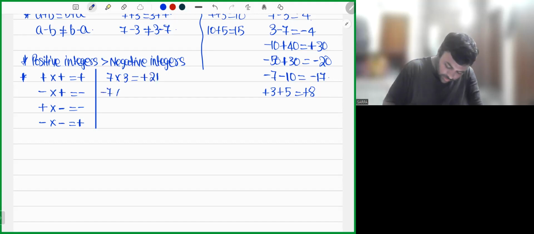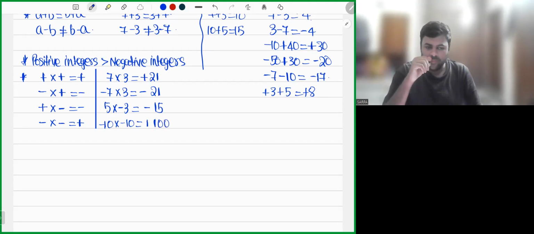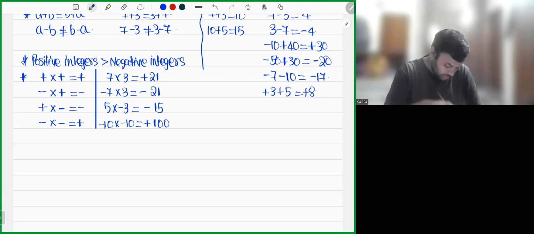Minus 7 into 3. 7 into 3 is 21. What is minus into plus? Minus. Okay. Next, I'm having 5 into minus 3. What is 5 into 3? 15. Plus into minus? Minus. Next, I'm having minus 10 into minus 10. 10 into 10 is 100. Minus into minus is plus. Okay. So I hope this point is clear. Plus into plus is plus. Plus into minus is minus. And